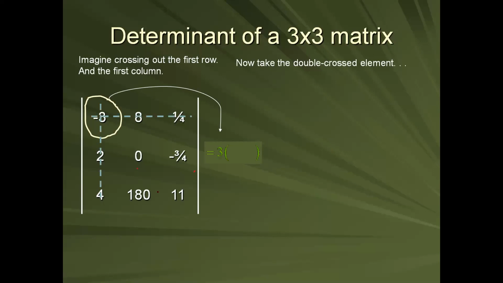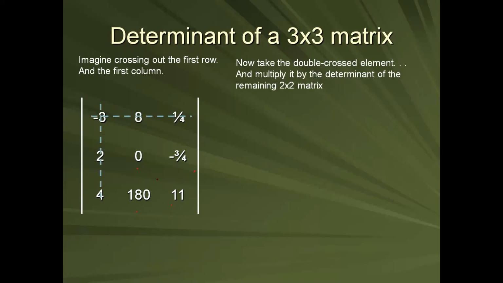And from the 4 numbers you have, you will take cross multiplication, 0 into 11 minus the multiplication of these two numbers. So that's the first part. Okay, 3 into 0 into 11 minus multiplication of these two numbers. Then